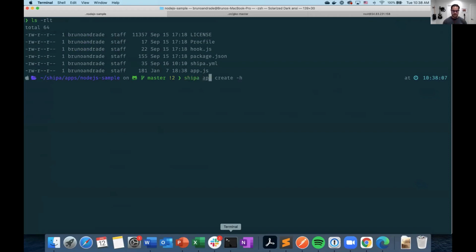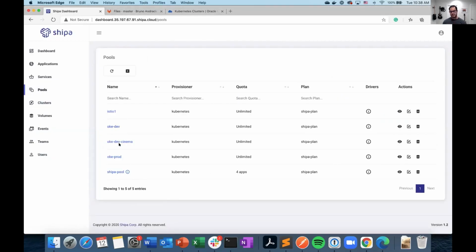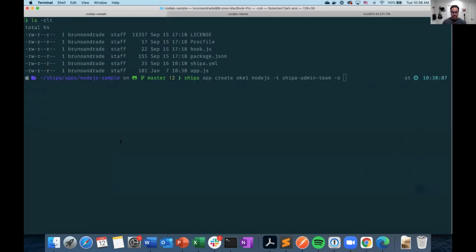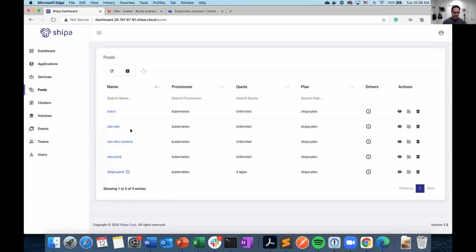So I would just say Shipa app create, for example, OKE1. I would say it's a Node.js app. I would say it's the Shipa team admin or whatever team I'm part of. And I'm going to choose the pool that I want to deploy my application to. So let's say if I was given access to OKE Dev and OKE Production, I can choose where I want to deploy or create this app. So I would say OKE Production, for example. Great. And now I can see if I go to my application here,